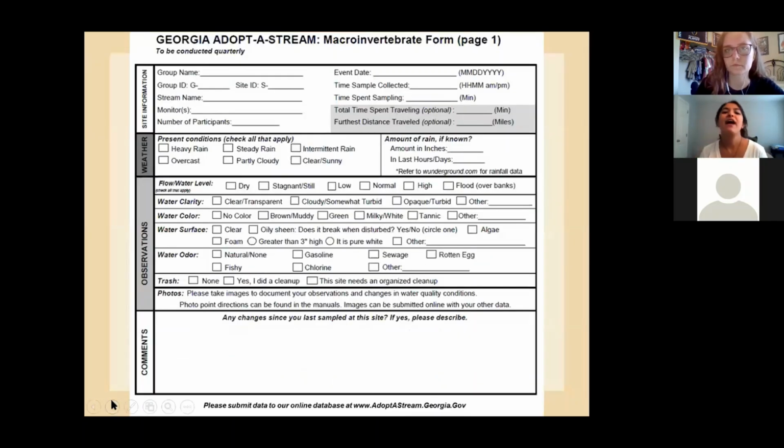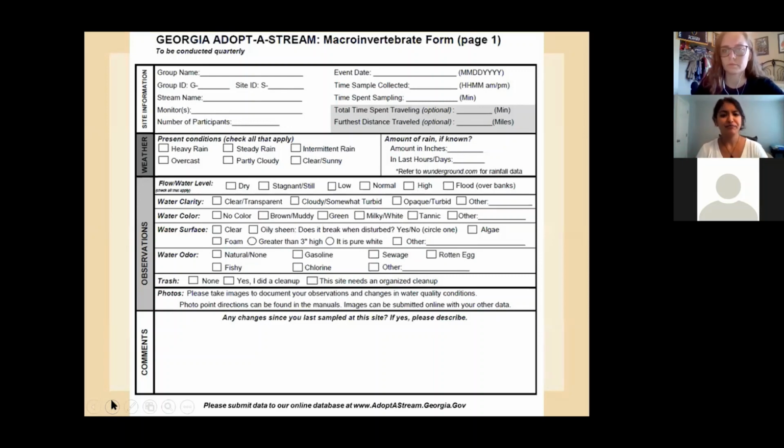So, excuse me, on our sampling form, we always ask for you to take just a visual observational data of your site. And if you have a site and you go do chemical sampling or bacterial, you only need to fill this out the one time that you're going out to sample. So if you have a chemical form, this section will also be attached at the beginning there. Just know that you only have to take the observations for that one sampling event.